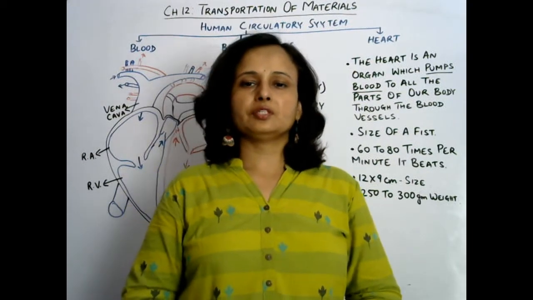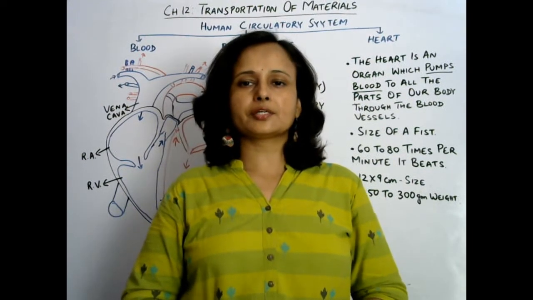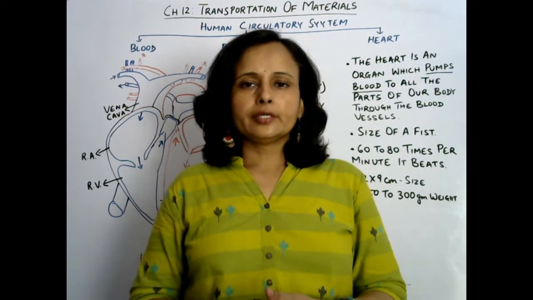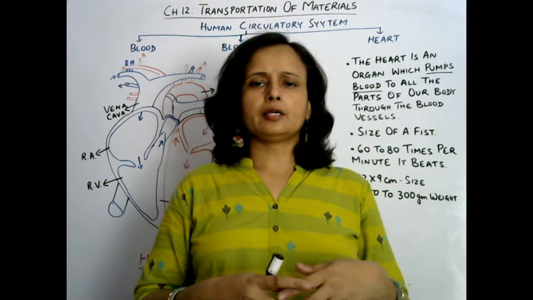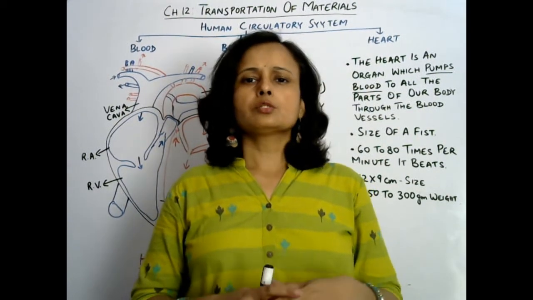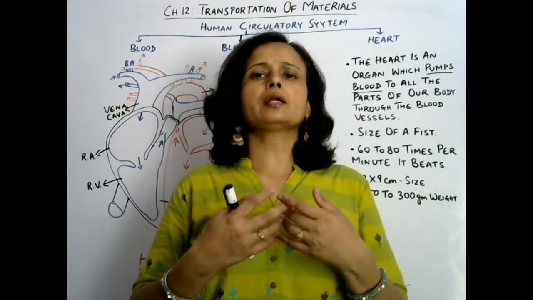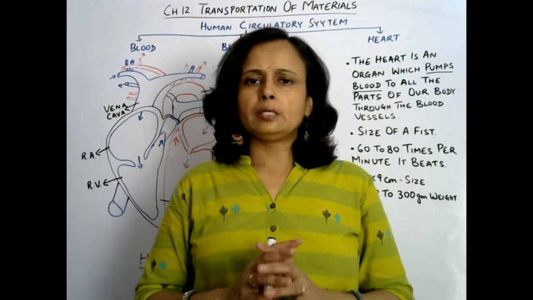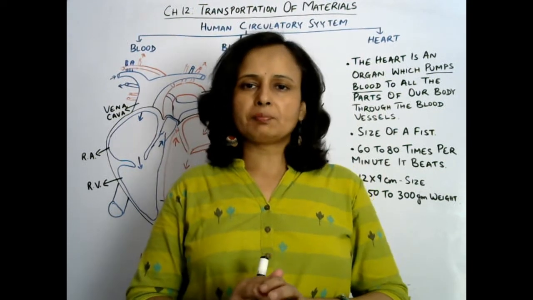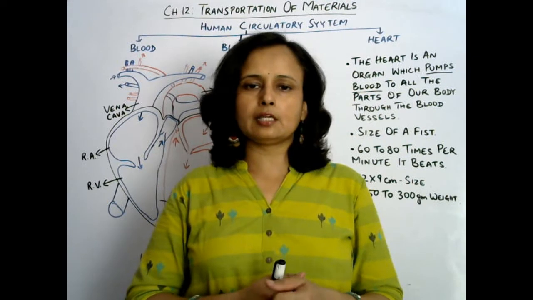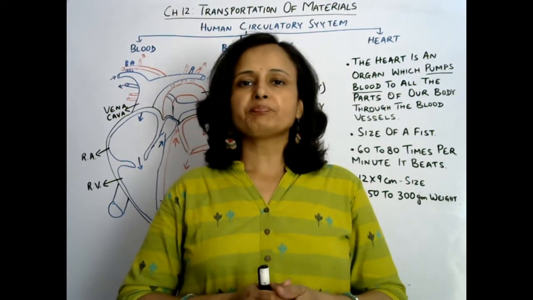Now we are going to learn about human heart and its structure. So human heart is basically an organ which pumps blood, and it supplies blood all over the body through blood vessels. So throughout our life our heart pumps, and through pumping only blood is supplied to each and every part of body, and each and every cell of the body can get oxygen and utilize that oxygen for oxidation